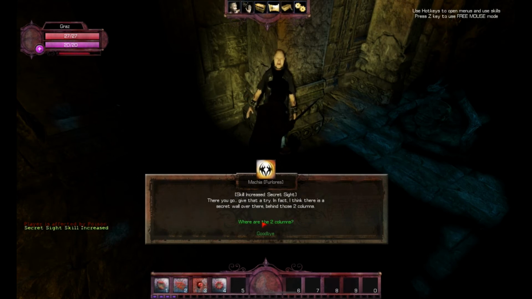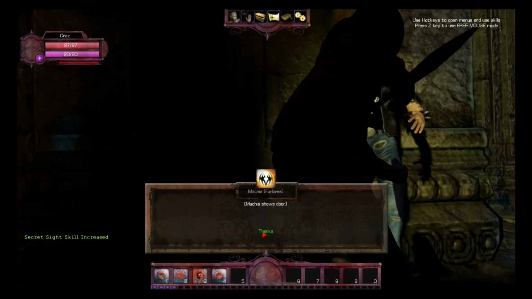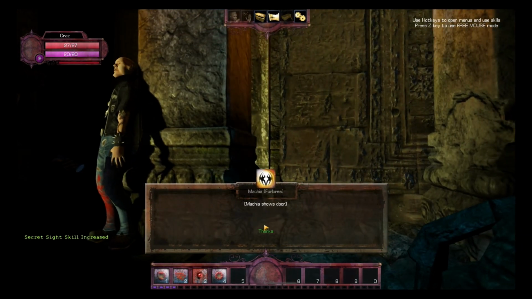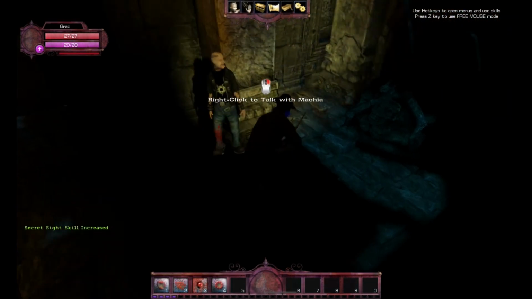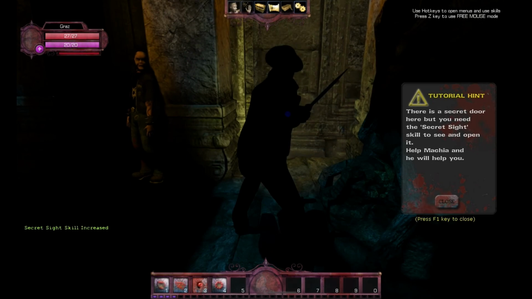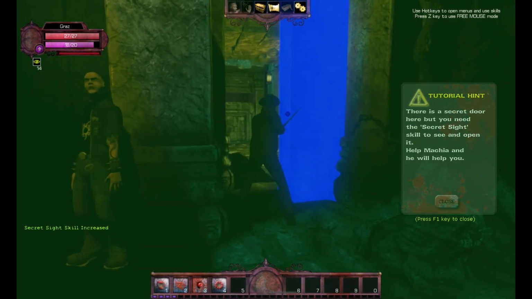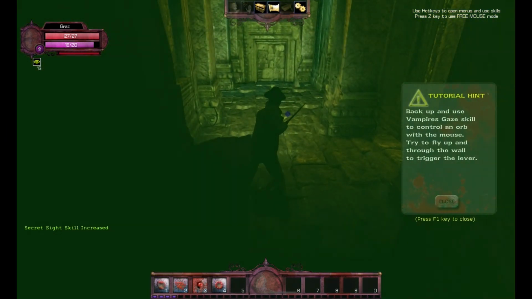In fact, I think there's a secret wall over there behind those 2 columns. Which 2 columns? Just to be a smart guy. We know it's right there. Thank you. Press 4 to activate our ability, and of course, there you go, straight as day. Right click, and we see...